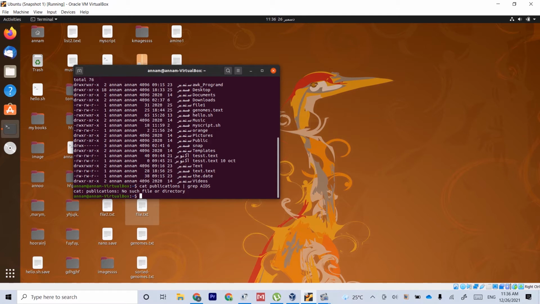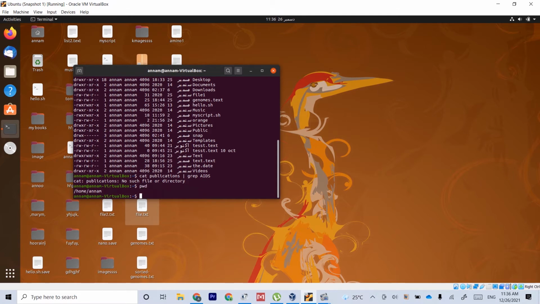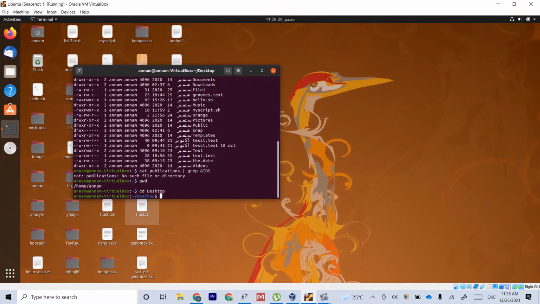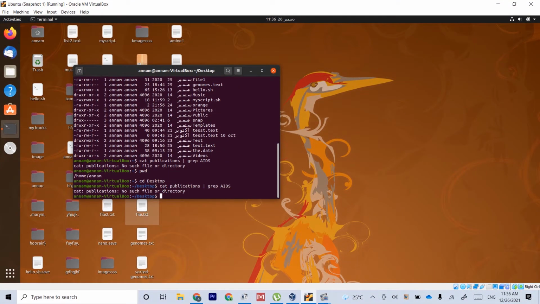So first of all I will change the path by using cd desktop, and now I will use this, but as I don't have a file with this name here, I could not get the result. So basically, what will happen if I already have a file with this name, publications,